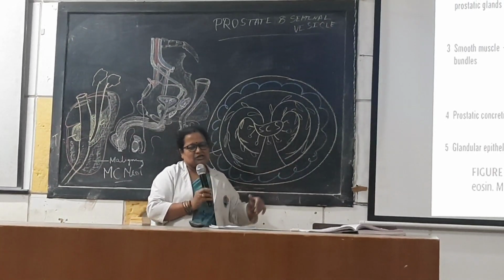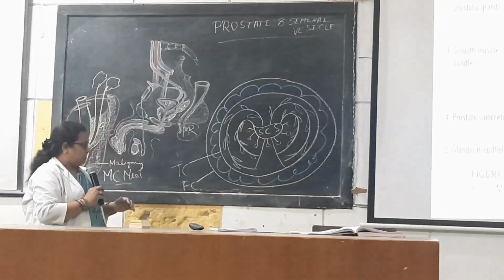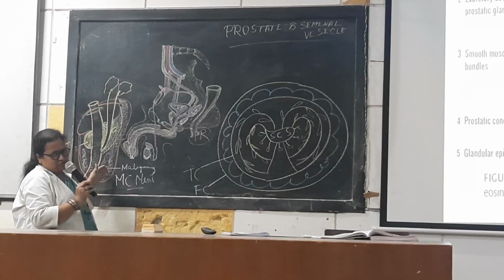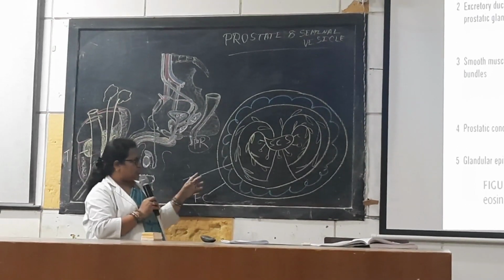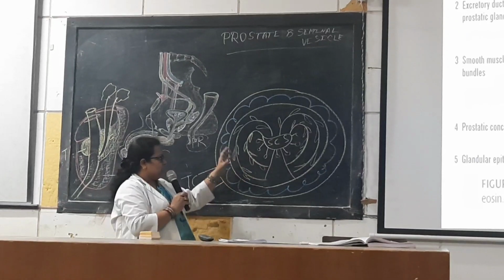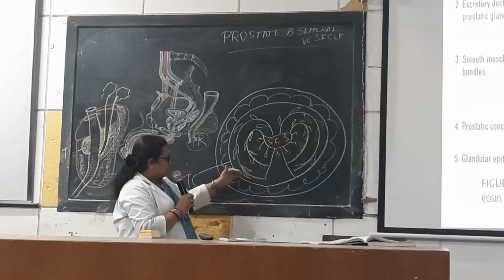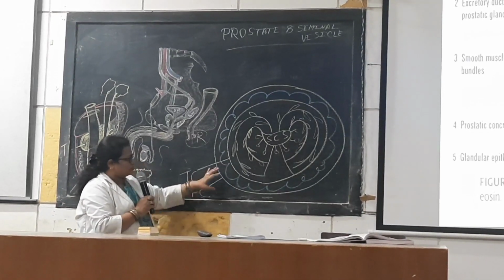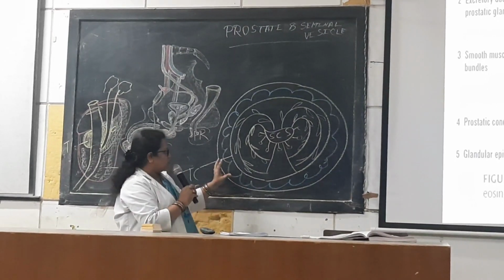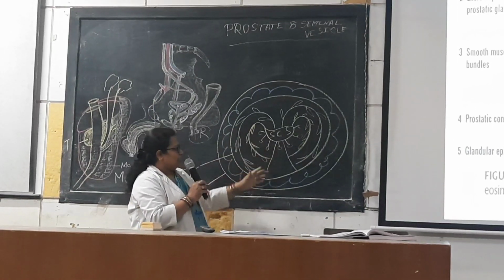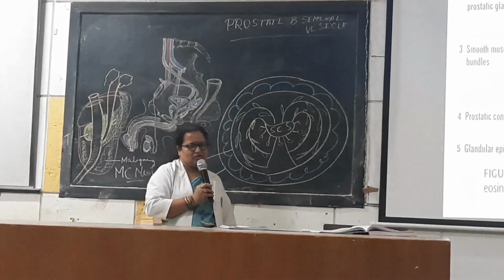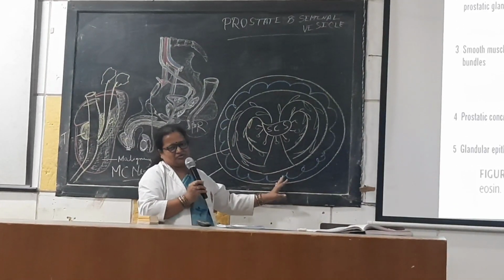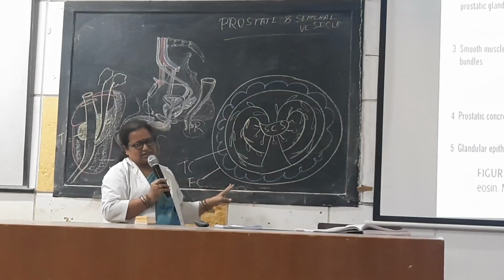In carcinoma of the prostate, which mainly affects the peripheral zone, we need to enucleate the prostate leaving behind these 2 layers. If we disturb the true capsule and false capsule, there will be a lot of bleeding. So we enucleate through the transurethral route and take out the prostate, leaving behind the true capsule and false capsule along with the prostatic venous plexus.